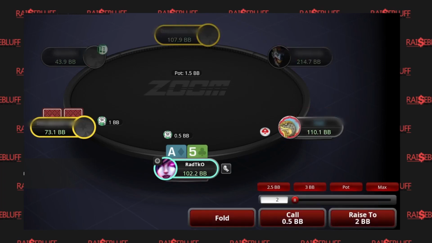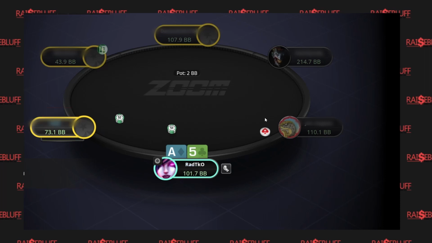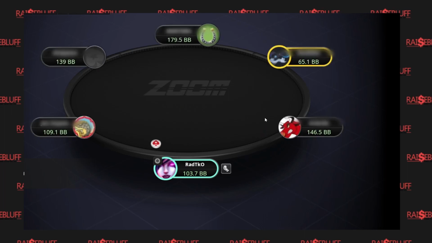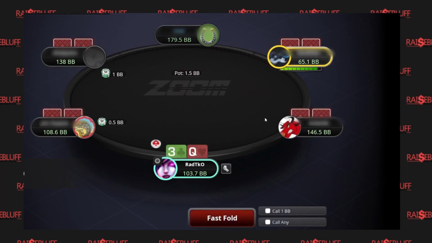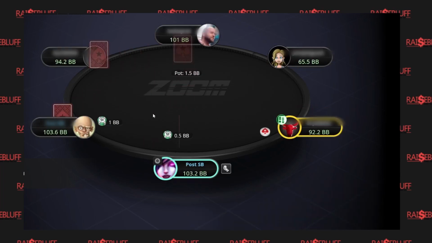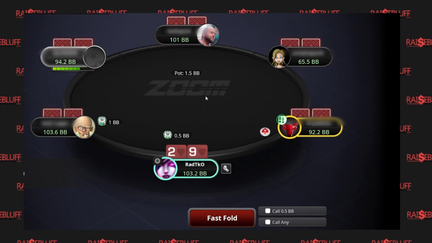We are playing NL10 Zoom games on PokerStars, and already on this table you can see two players who I have marked in the yellow color. Here's another one. With the yellow color I'm marking the players who are playing under 100 big blinds, or they are doing some weird stuff like limping or opening 5, 6, 7 big blinds, or just some kind of weird stuff. And I'm just playing and trying to find the players under 100 big blinds. Here's another one. You can actually find many of them.